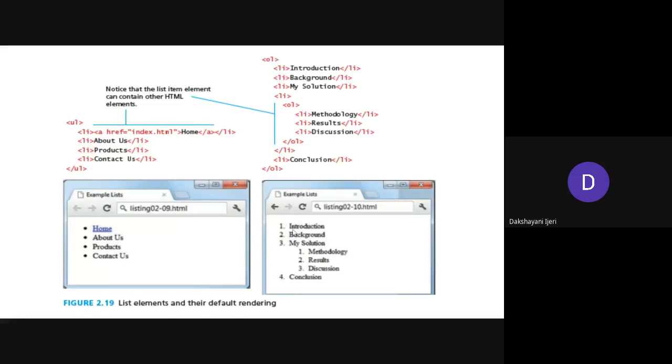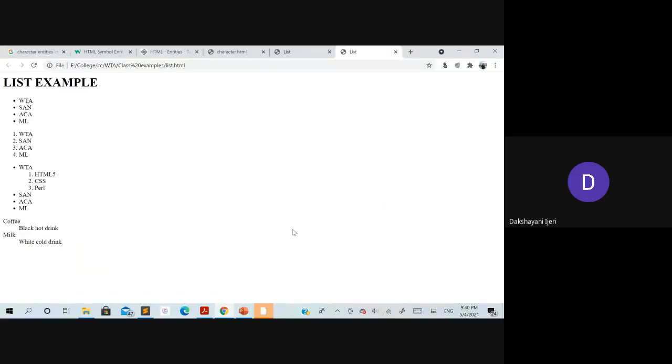Okay. So I just want all of you to write the code to make these things appear on the screen, like list example as a heading, and followed by, you can see here unordered list is there, ordered list is there, again unordered with the ordered nesting level, and this is the definition, that is the dd listing here. So are you able to write, or do I have to show you? Do you want to try, or do I have to show you?